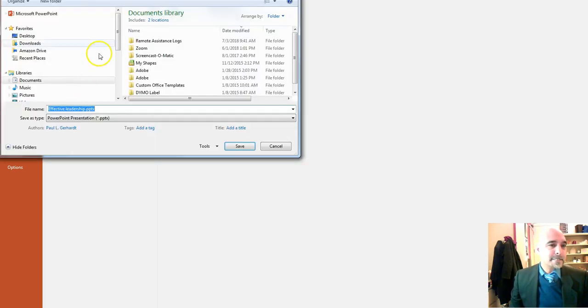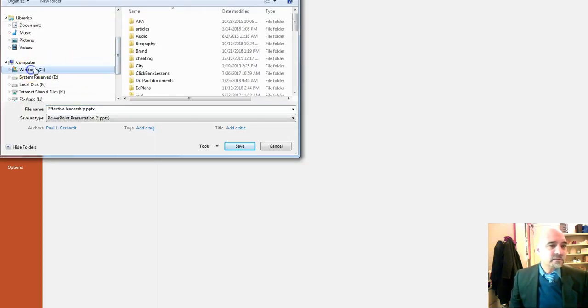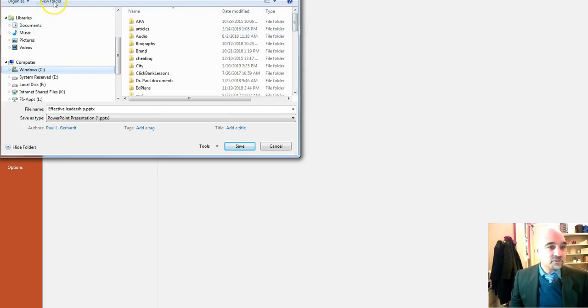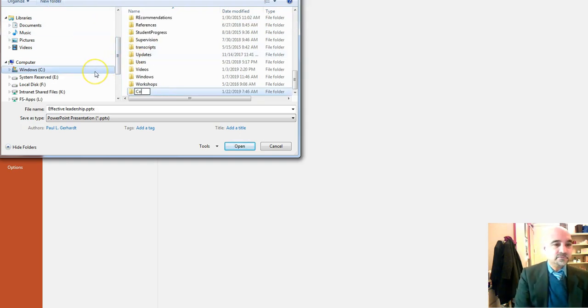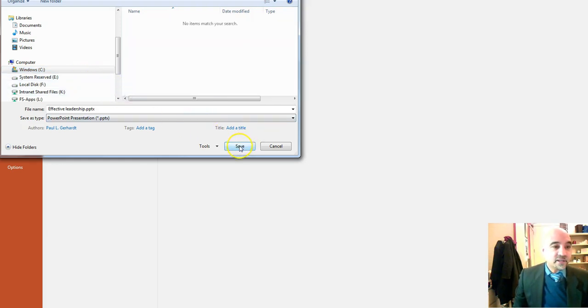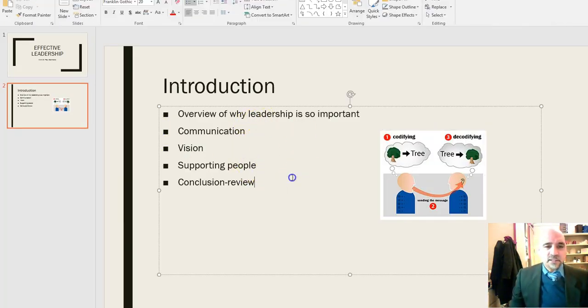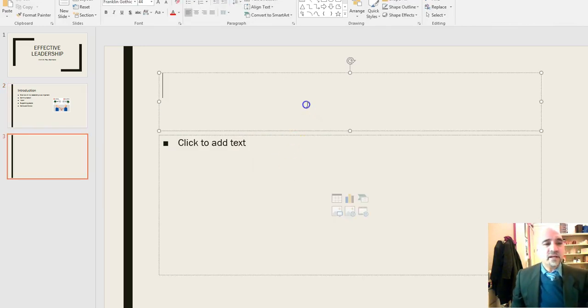as, and I'll put that in my hard drive, I'll create a folder called Communications. So new folder, double click the folder and hit save. It's saved as effective communication PPTX, and there it is. So Control M would get me another slide,